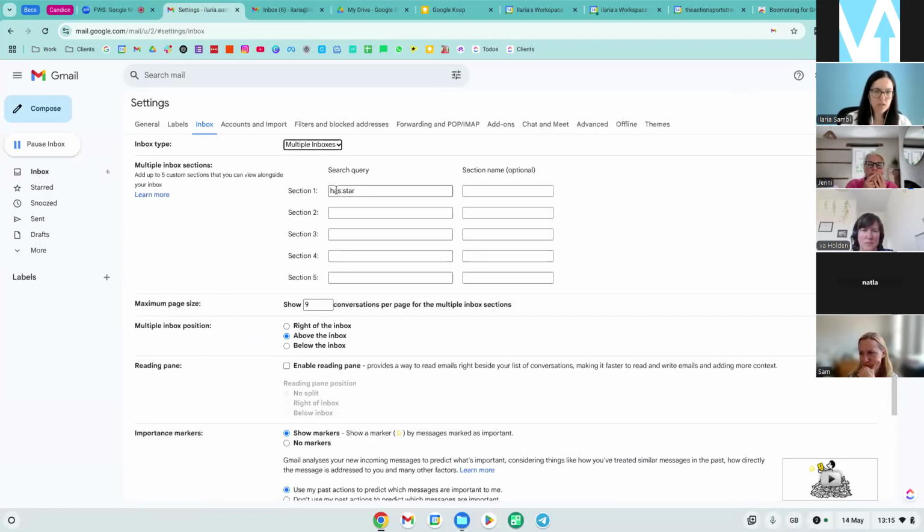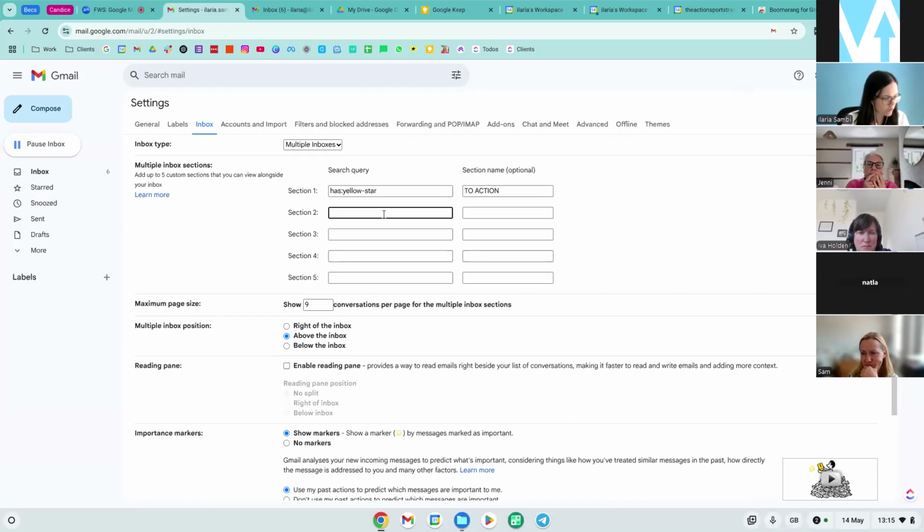So I want all emails that are marked with a yellow star to go into a first section. So I need to use the code that the symbol was called with. So yellow star, I want to call them, now I'm doing randomly, right? To action. I can call them to action.